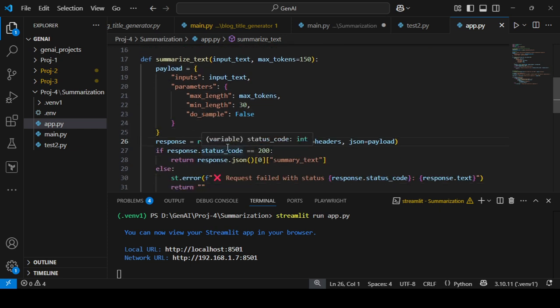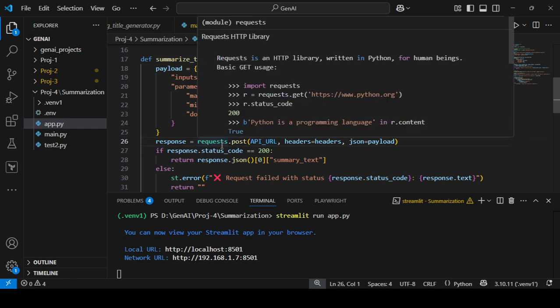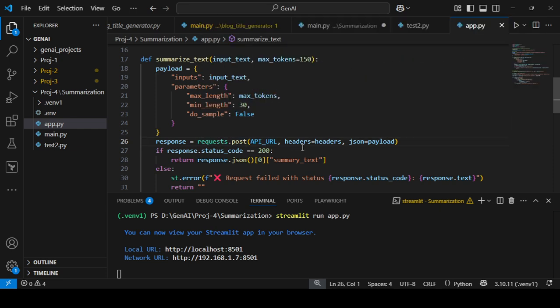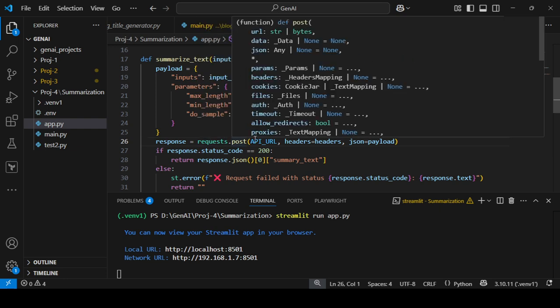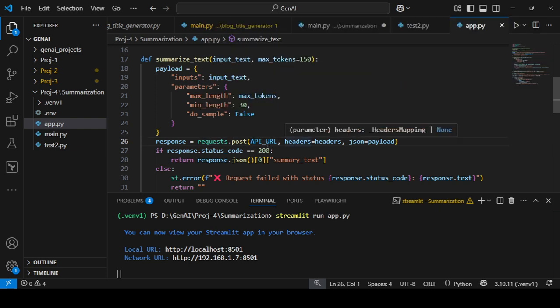Response is equal to requests.post. So here we are sending our API URL. API URL is the Hugging Face API URL. So to the API URL, we are sending the post request. We are giving the headers for authentication and payload. This is the payload. So we are giving all the details to the API URL.